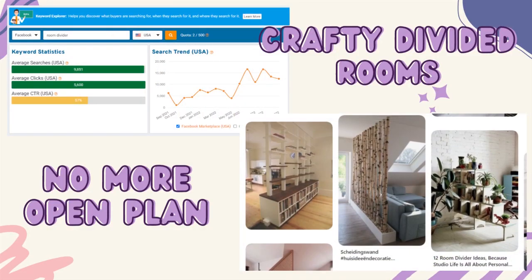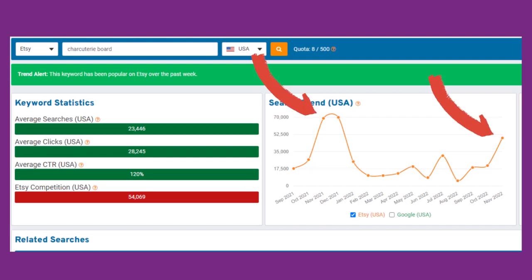For those who can't just knock up a quick wall to follow a trend, things like room dividers and even different textures and colour palettes are being used to define the different areas. And finally, the charcuterie board and fussy tableware is declining. In fashion, don't get me wrong, with nearly 50,000 views in November, charcuterie boards are still massively popular, but they